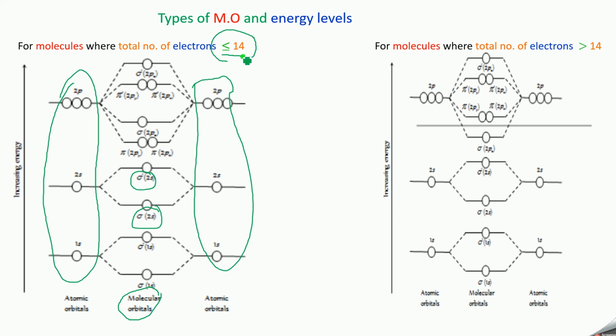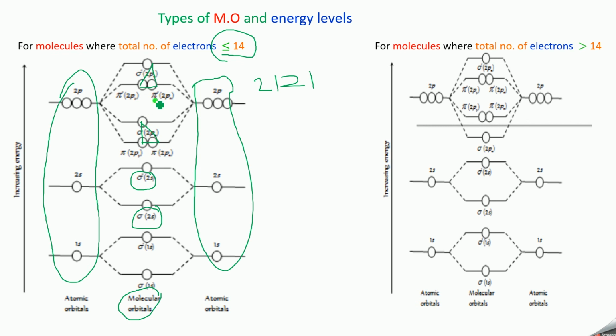For example, for nitrogen, here the pi orbitals will be lower energy and then sigma. So you will have a triangle like this, and then in the upper part also you will have a triangle. You have to remember it like this: that is 2, then 1, and then in the upper part you have 2 and then 1. So remember 2 1 2 1. If you remember, you can easily write this one.